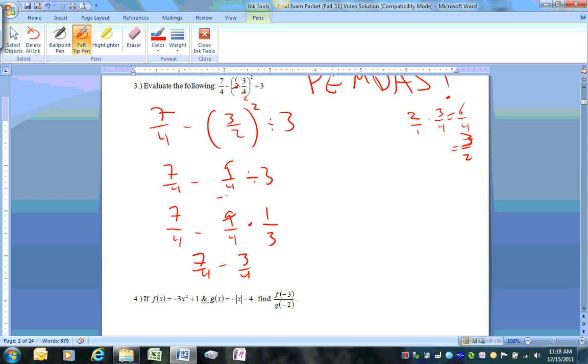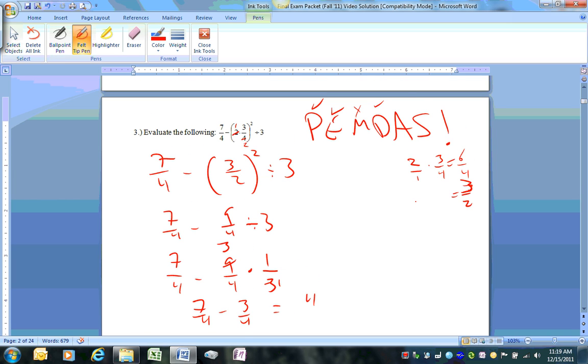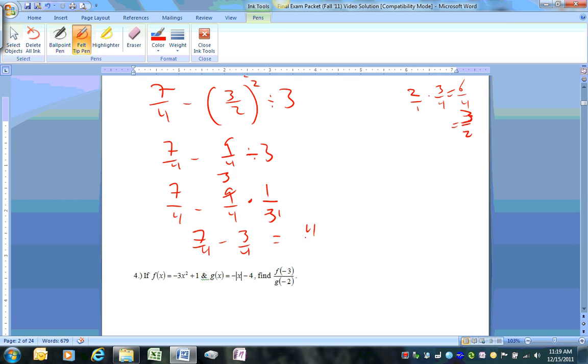Again, we can cross cancel. Or we can multiply it out and reduce afterwards. And then we subtract. There was no addition, but there was subtraction. So 4/4, which reduces to 1. And make sure your answer is simplified. For number 4,